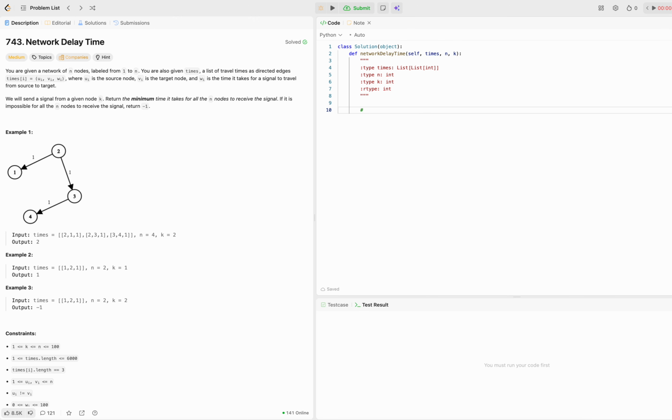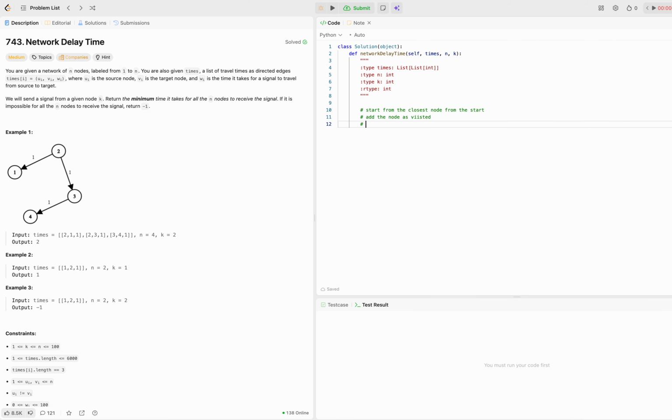So for Dijkstra, the general idea is that we always start from the closest node from the starting point, and we mark the node as visited,